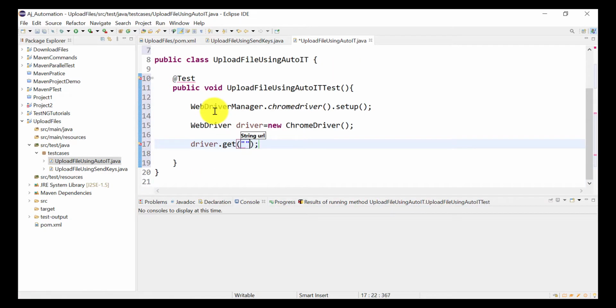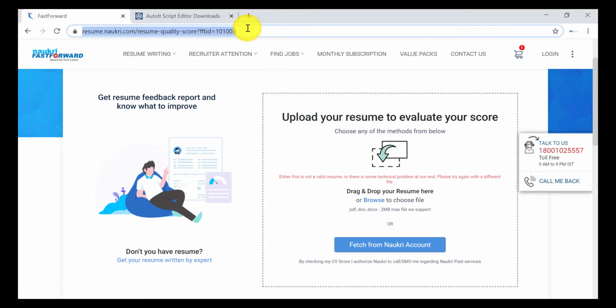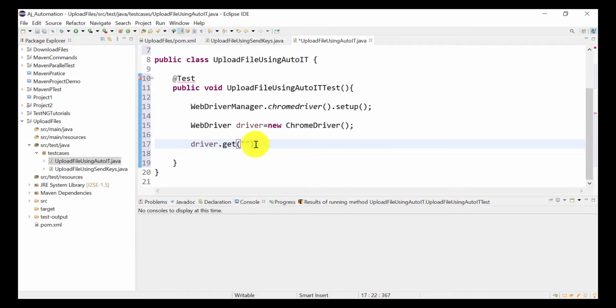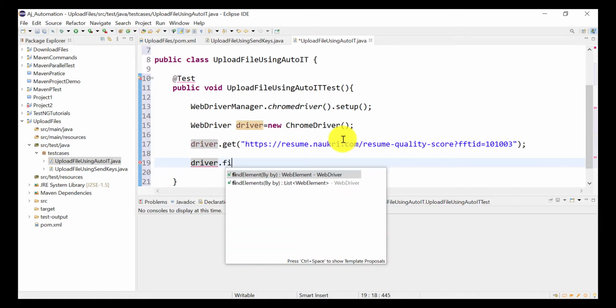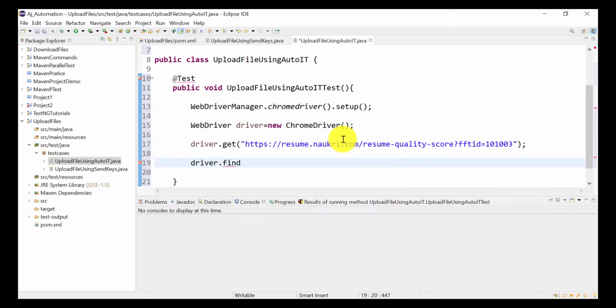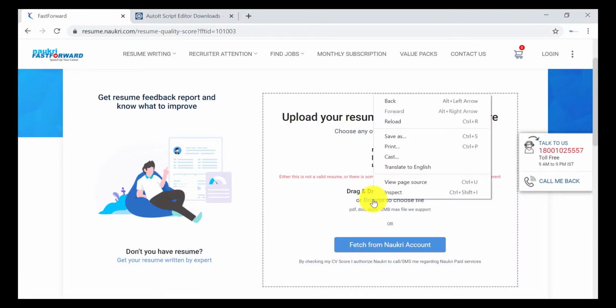Here we need to go to that website first, so let me copy this. Next we need to click on the browse button. For that we need to first find that element, By.xpath. Here we will provide our xpath. Let me inspect it again.